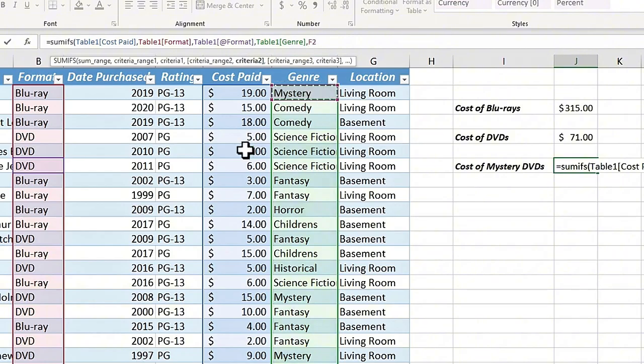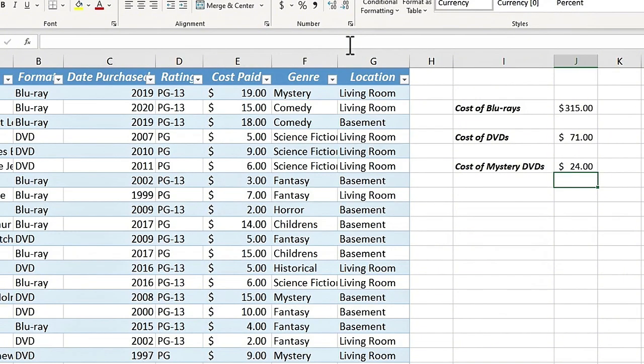We're looking for mysteries. So as you can see, this gets fairly complicated if you have more than one criteria in your SUMIFS formula. So this is all lit up in different colors. But let's see if it worked. I'll put a close parenthesis, tap enter, and I've only spent $24 on mystery DVDs in my collection. And you can see that that's true just by browsing down, $15 mystery DVD plus a $9 mystery DVD. So this is just one